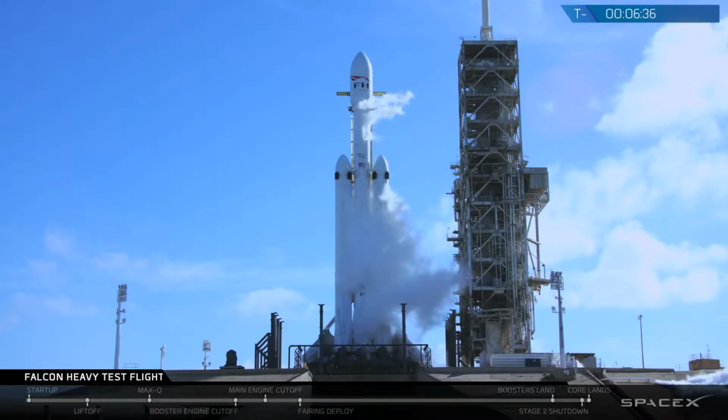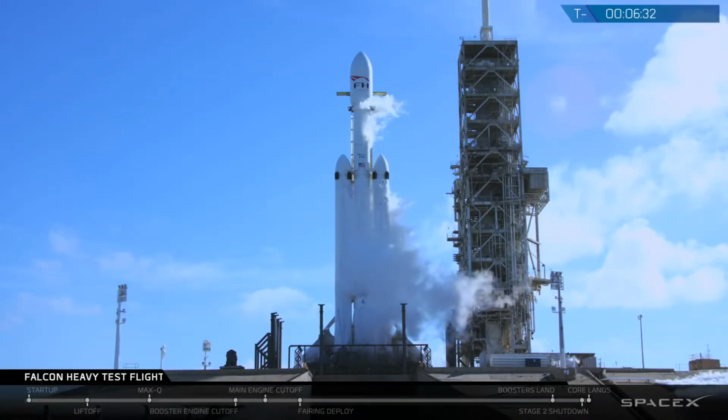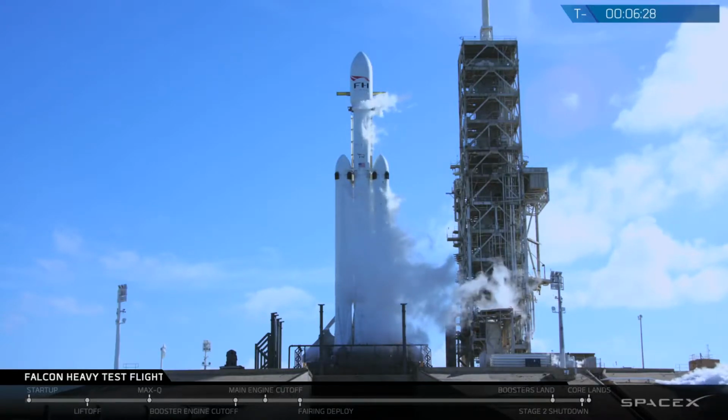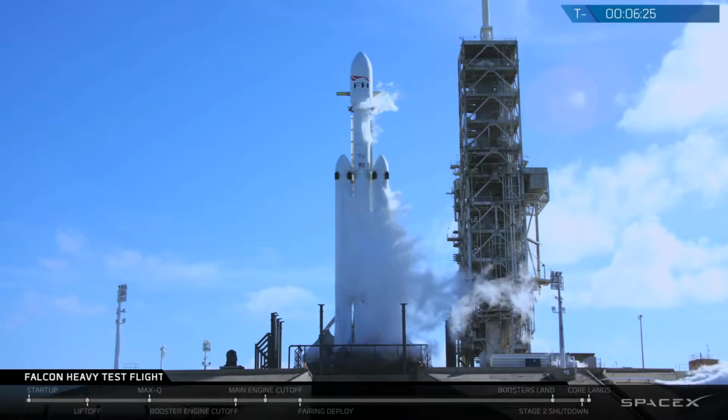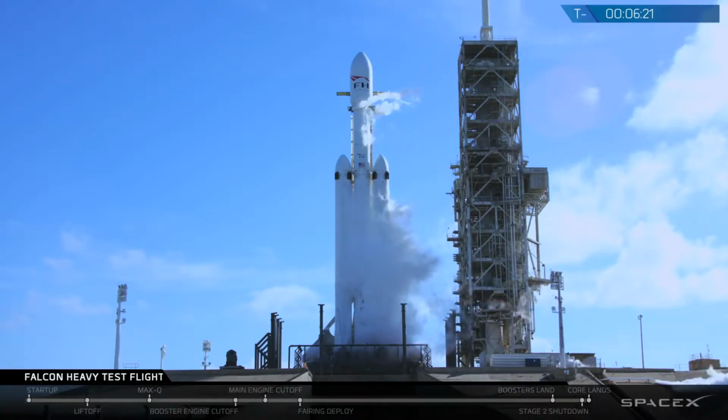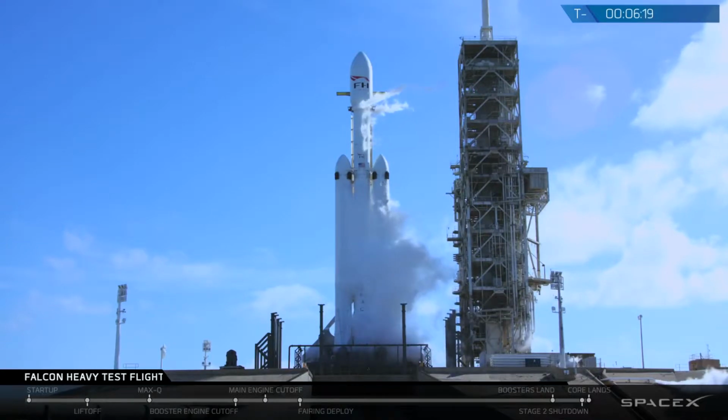The SpaceX team continues to count down for launch of Falcon Heavy test flight. Now, once we light the engines, Falcon Heavy will check the power on all 27 Merlin engines, a critical period in the go-no-go for launch. It'll then command release from the ground hold downs. 40 seconds into flight,